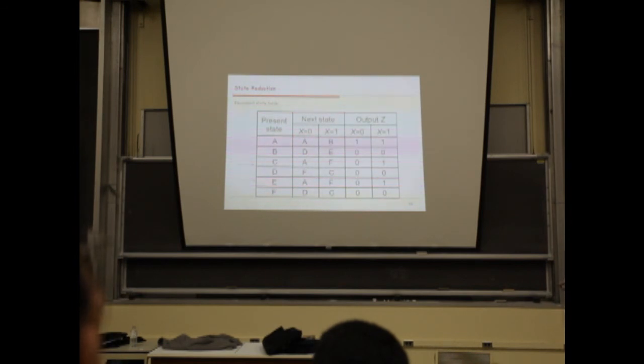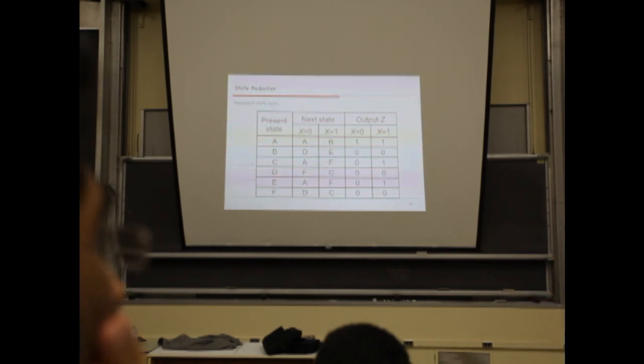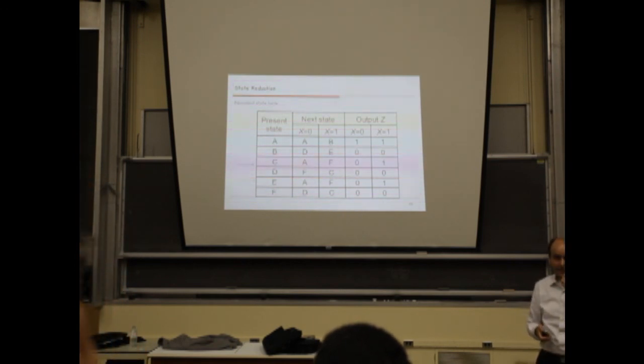So as you can see, we put all the states, and what we need to do is compare them with respect to, for a given state, where does it go, and what does it produce in terms of output. So you can see state C goes to A, F01, state E goes to A, F01. So clearly, both states do the same thing because they go to the same states and they produce the same output. So we can tell that these two states have to be combined. So you can do this for a small set of states and you will be fine. So you just have to compare them with respect to output and next states. But it's not that sophisticated if you have many states in your